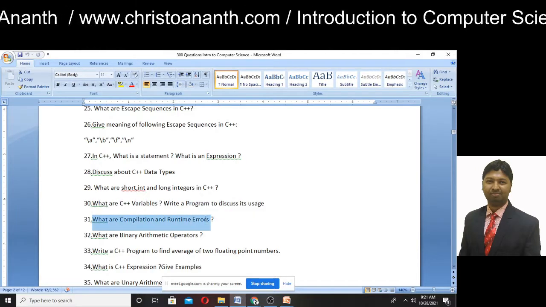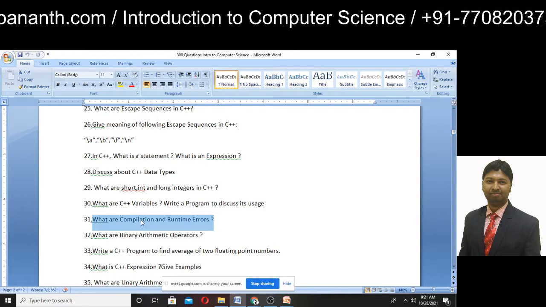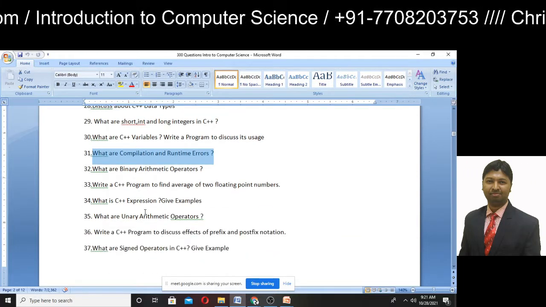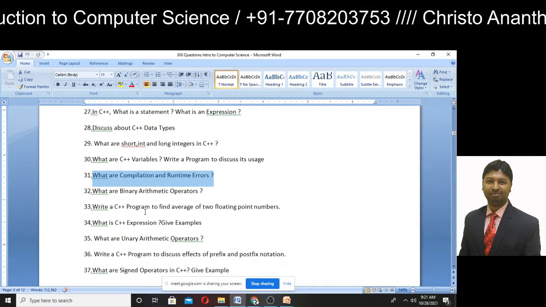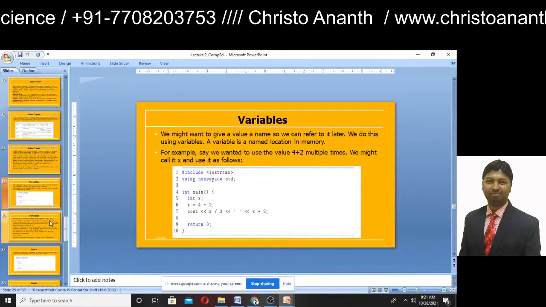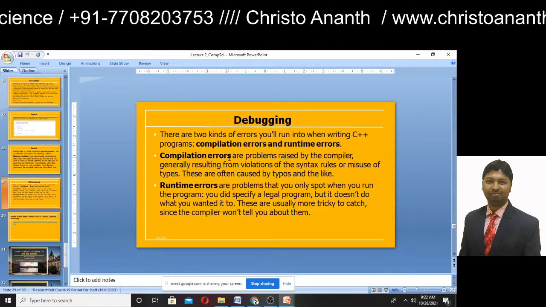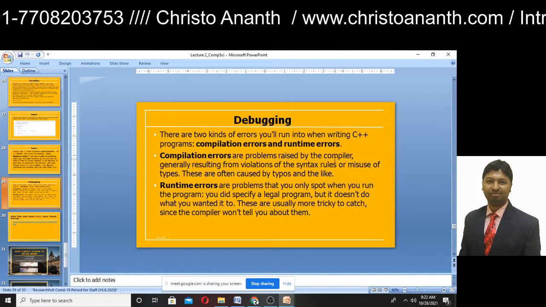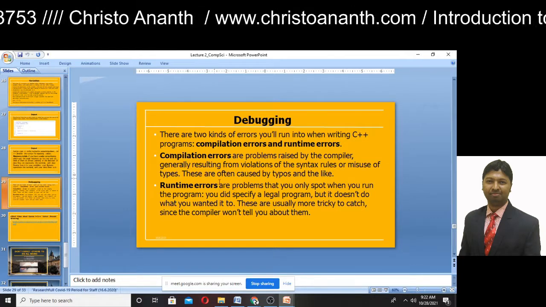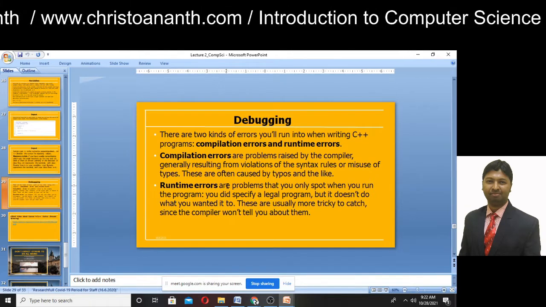What are compilation as well as runtime errors? If you are asked for the definition of compilation and runtime errors, you can give the definition of each. Compilation errors are problems raised by the compiler, generally resulting from violations of the syntax rules or misuse of types.